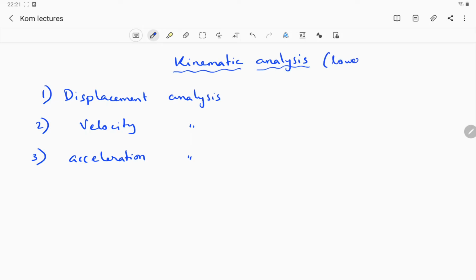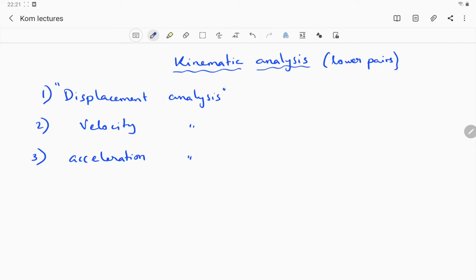And we mainly focus only on lower pairs. If there is a higher pair, now we know how to convert that higher pair into an equivalent lower pair mechanism, right? So with that modification, we will do these analyses. Fine. So now first let's focus on this topic,